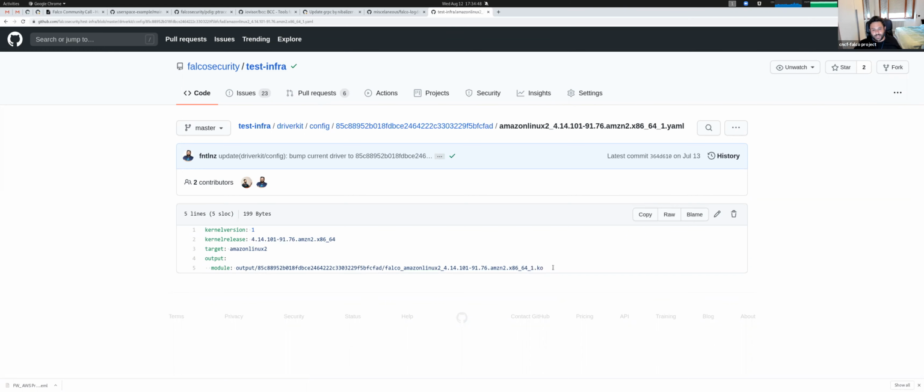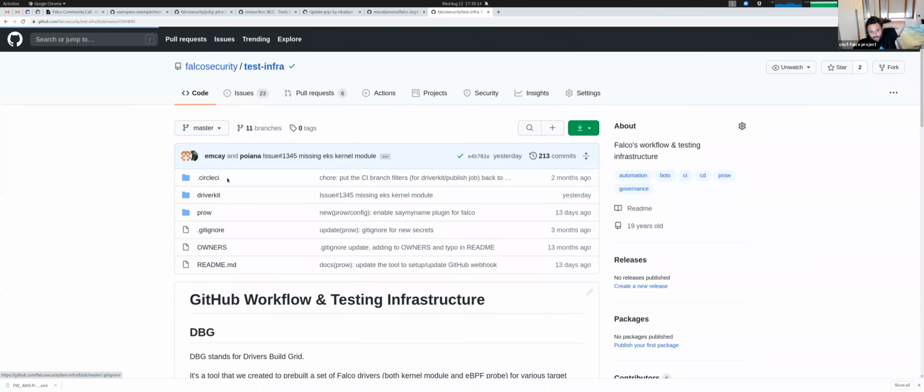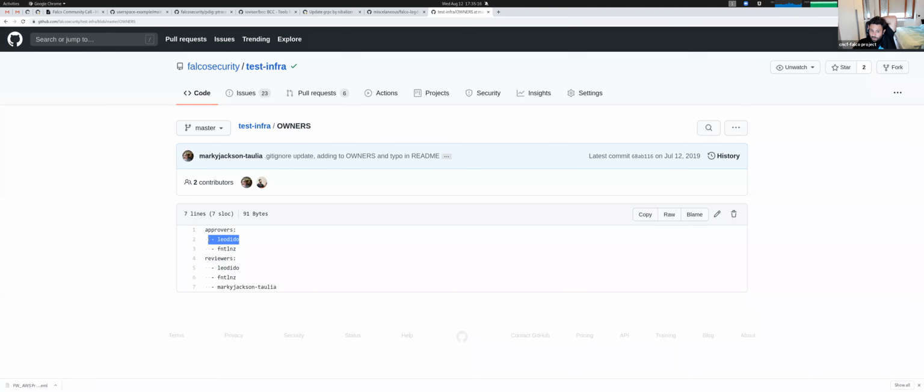This is what allows us, when people start Falco and cannot compile the module, to just grab it from our artifact server. But this requires some effort. Sometimes we just need to update everything because AWS releases new Amazon Linux, CentOS releases new versions, Ubuntu releases new updates and everything. The problem is that the other maintainer is on vacation, and people may be opening issues, so I cannot approve my own stuff.